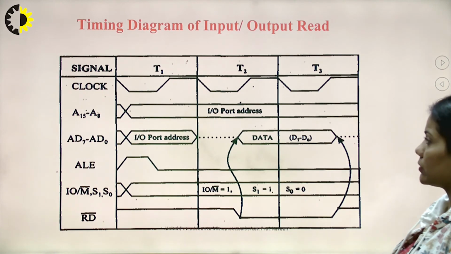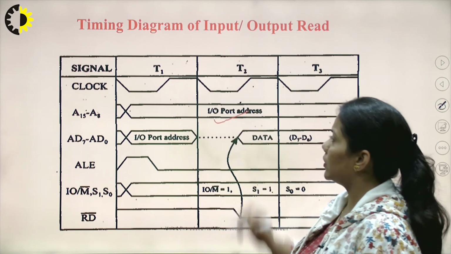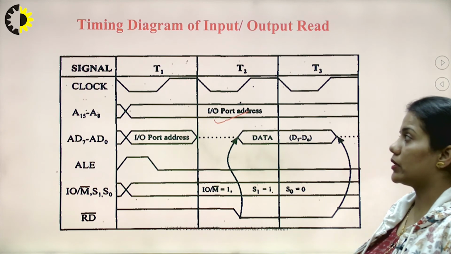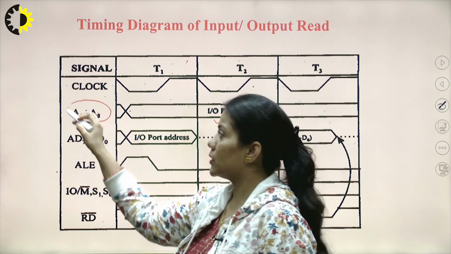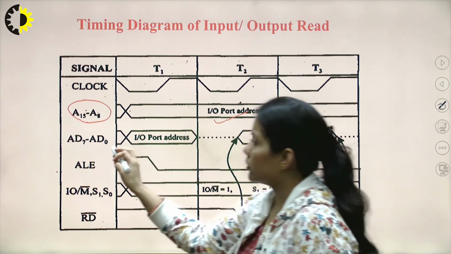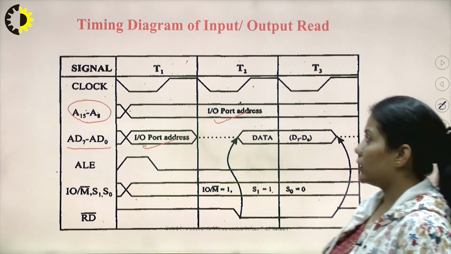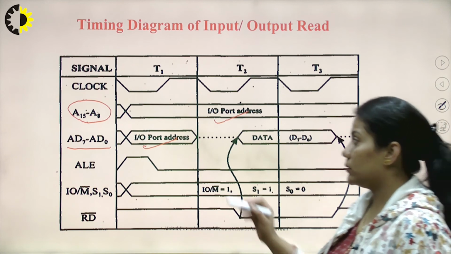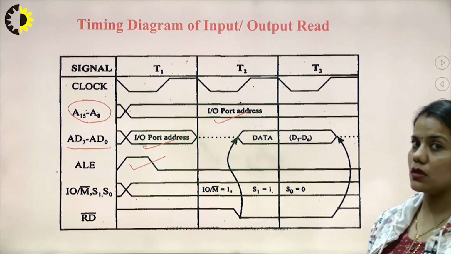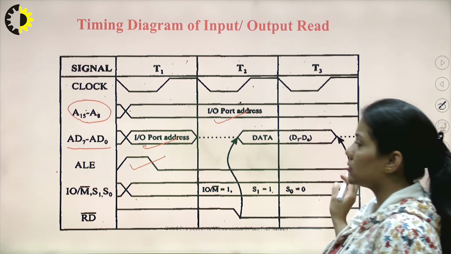It consists of the 3 clock states T1, T2 and T3. Again the higher order address is placed using the higher order address bus. This is basically the input output port address. The lower order address is latched using the multiplexed address and data bus during the T1 state, using the ALE signal. So ALE is placed high during this state. In the T2 and T3 states, the ALE signal is low.